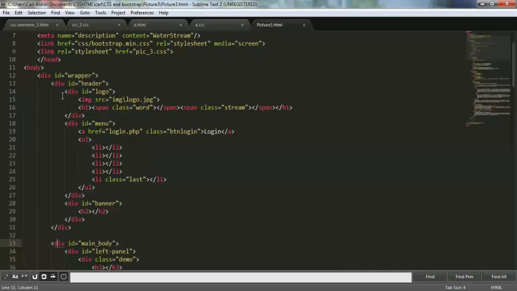And also, our header is the parent of logo, menu, and banner, which also contain an image, h1 for the logo, an anchor and an unordered list for the menu, and h2 for the banner.